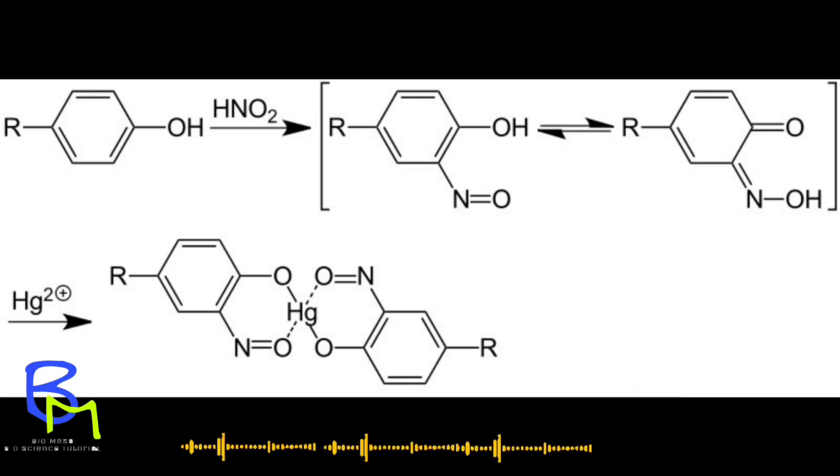Dissolve 10 grams of mercuric sulfate in 100 milliliters distilled water and 7 ml of concentrated sulfuric acid. 1% sodium nitrite is required, which means 1 gram of sodium nitrite in 100 milliliters distilled water. How does the red color develop in the presence of protein when using Millon's reagent?